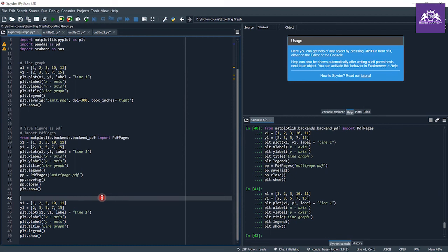So that's all for today's session, and try to save some figures in some different image formats or in different PDFs, and also try to take a snip of that so that you are familiar with the worst case, like if the savefig function fails, or let's say a case comes where you can't save your figure as an image or as a PDF, then you can also take a snip of that figure.